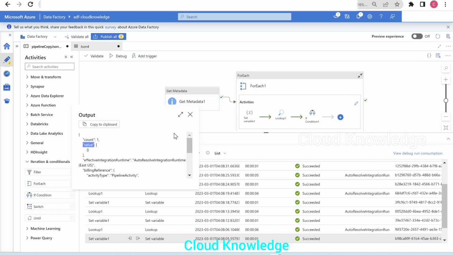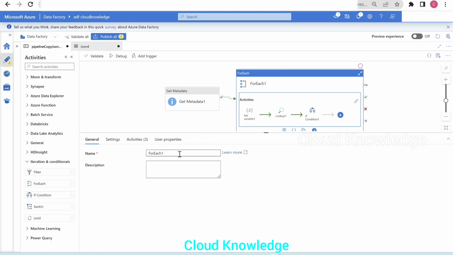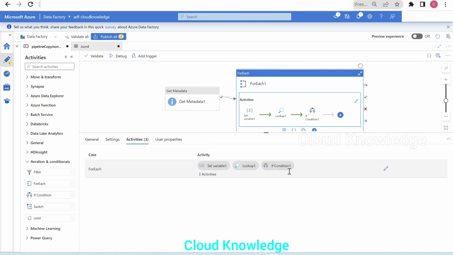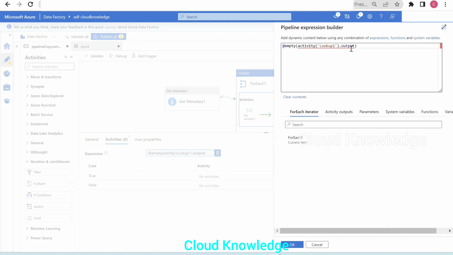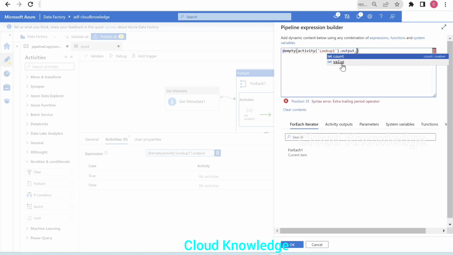So we'll go back in the if condition block, and inside the expression, we'll take the lookup activity output dot, there are two options, count and value.